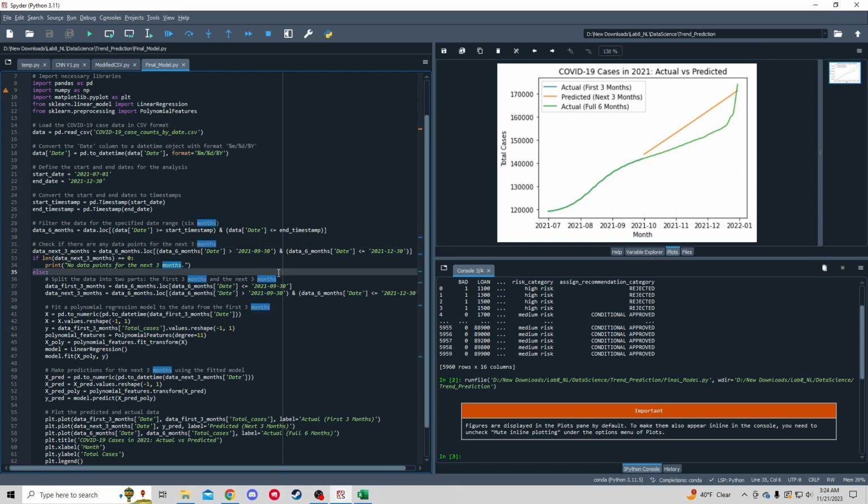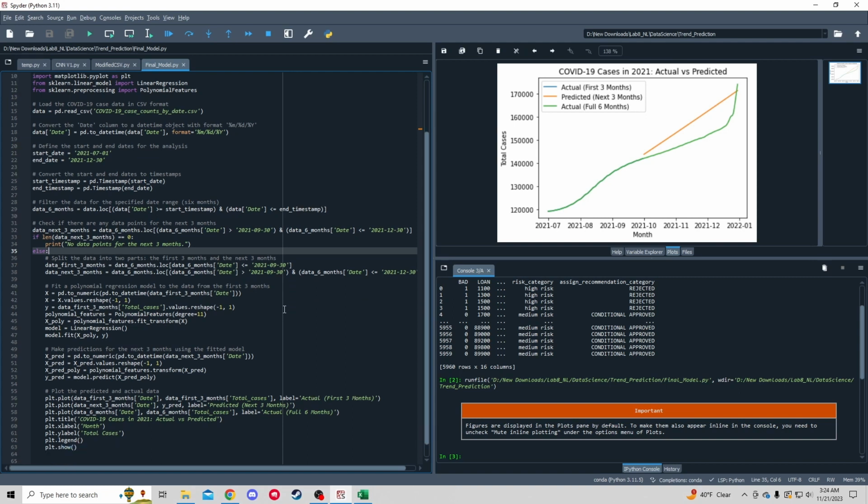And then we're splitting the data, first half and second half. What we're really doing is using the first half and analyzing it with regression and making a prediction down here. And then we're plotting the original data as well. So you can see